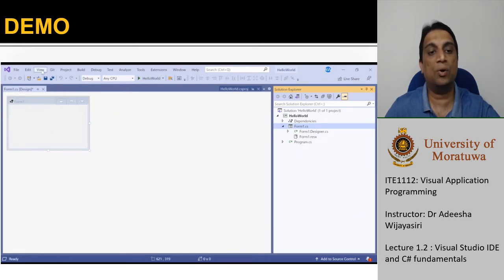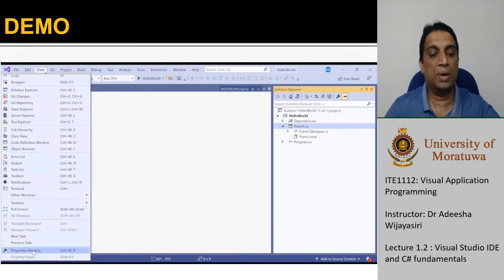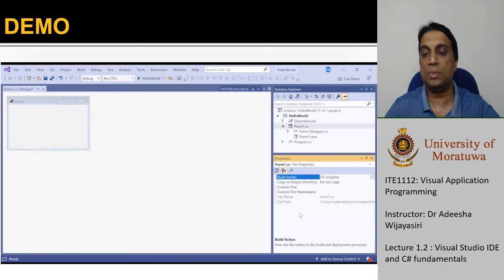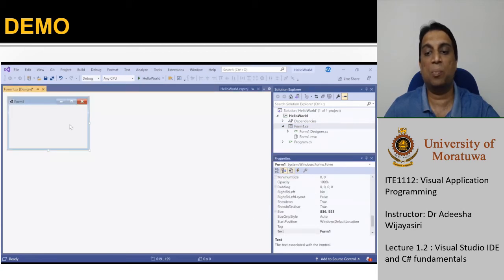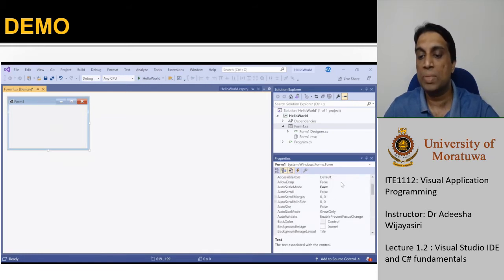Also, you can click on View to open the Properties window. The Properties window has the properties for each tool and component that we have in our application. So here, if you click on Form1, you can see the properties related to Form1, where the variable name of the form and also background color, font sizes, all these things are available.